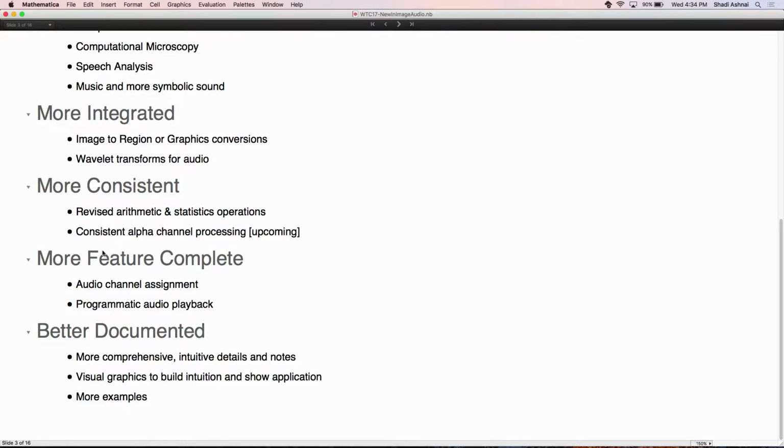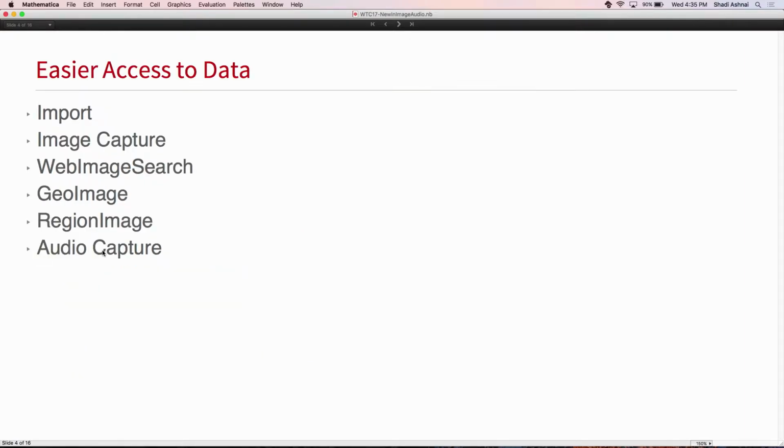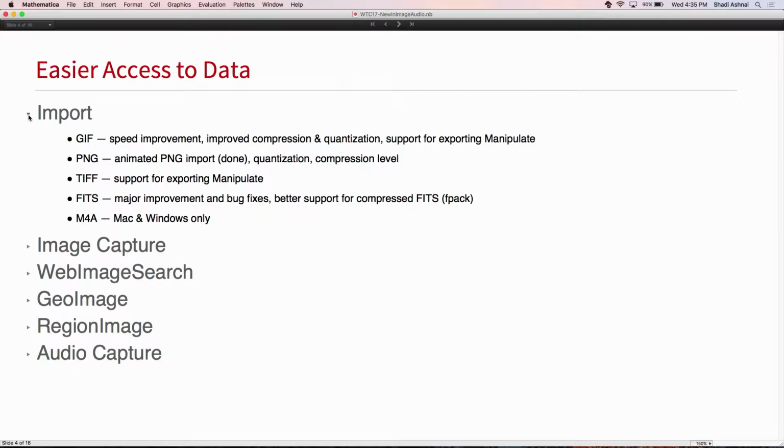And then one last thing, we are trying to document things as well as we can so that you can train yourself on individual functions that we are releasing based just on the ref pages that are available in our documentation. All right, so let's get started with actual updates that have happened.